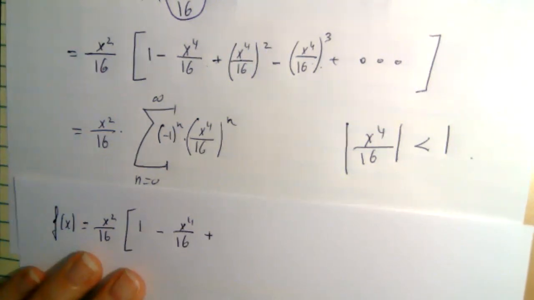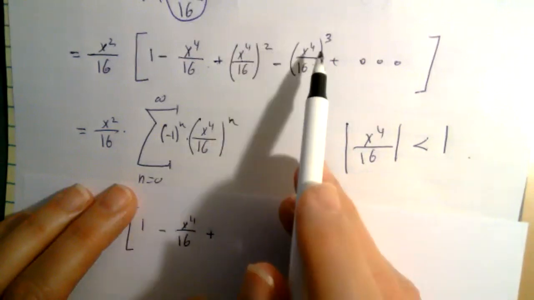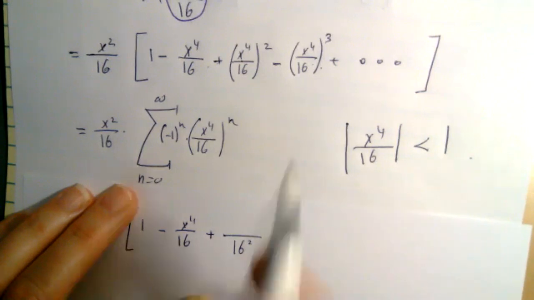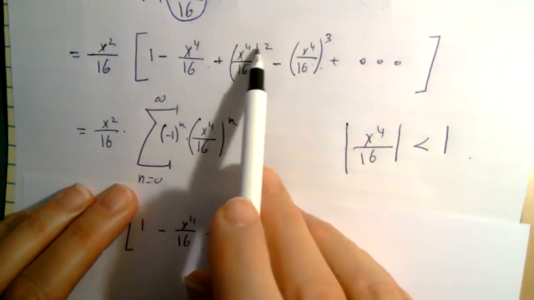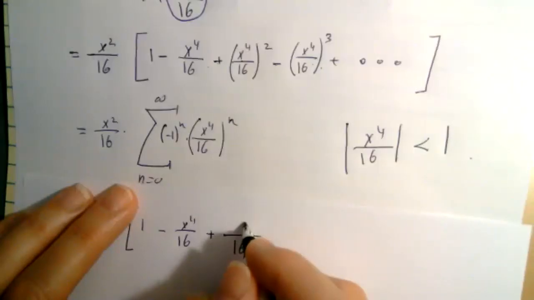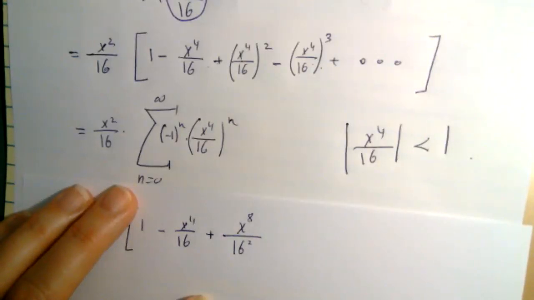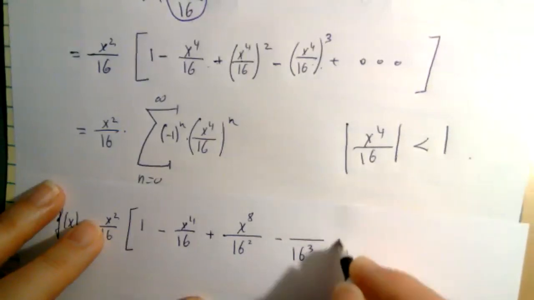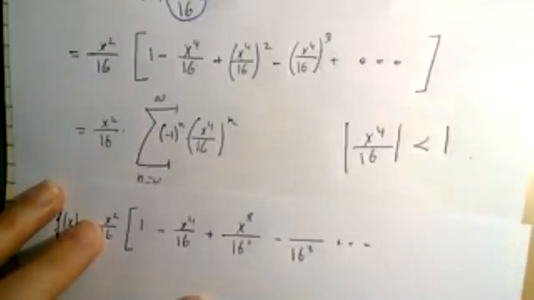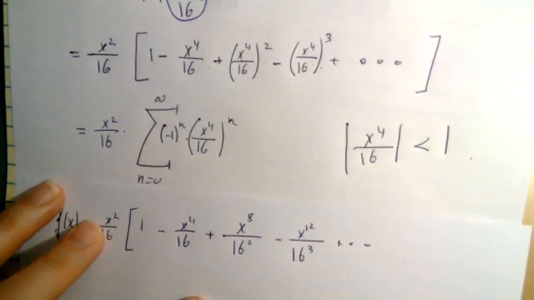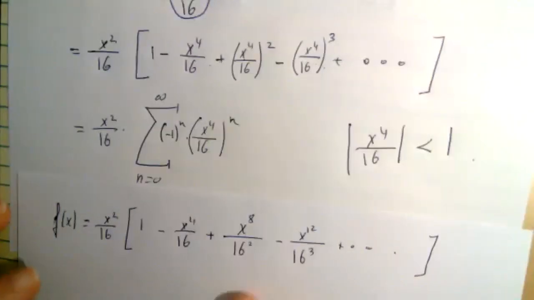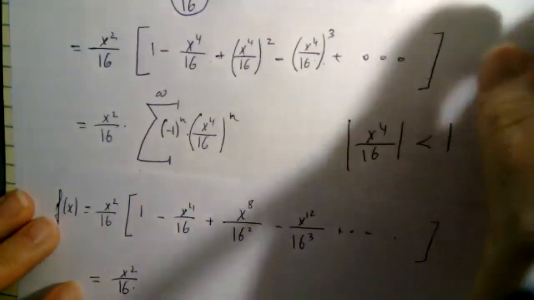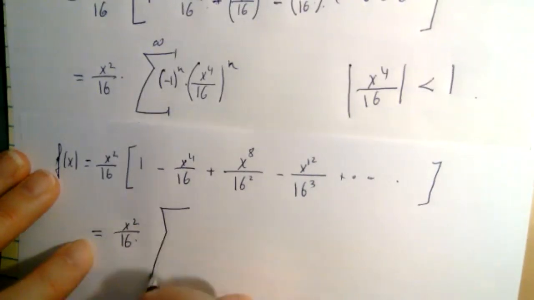plus. All right. If I take x^4 over 16 and I square it, I'm going to get 16 squared down here. And x^4 squared, we multiply the power, which is going to give me x^8. And minus 16 to the power 3, x^4 cubed, I multiply the power, x^12. Plus dot, dot, dot. And in sigma notation, this is going to give me x squared over 16 sigma